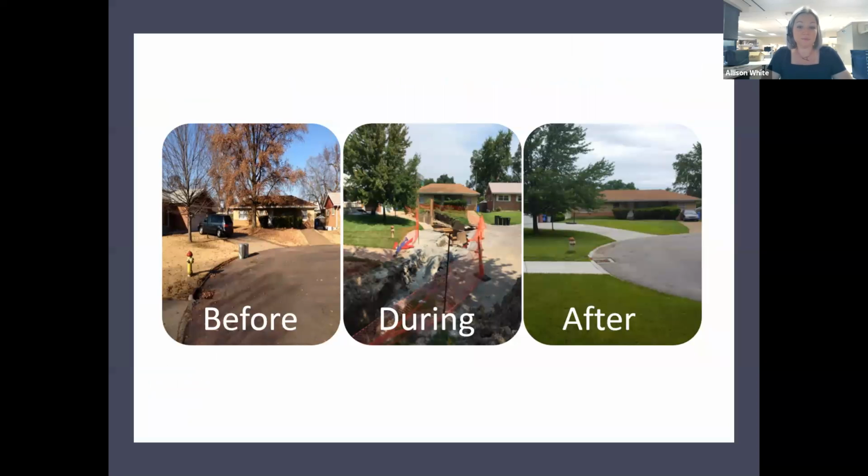All right, so here's some photos of construction. Sometimes it's really easy to think of generalized photos or depictions of how construction may take place, but we really like to showcase how it impacts neighborhoods or communities that look like yours. As you can see in each of these photos, that fire hydrant stays in the exact same location. Before, during, and after, you can see that the contractor did their job. Obviously, there were some impacts, but the property owners still had access to their properties during the construction.